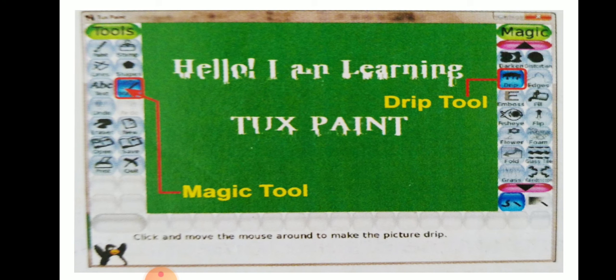Let me move to the topic of drip magic. Children, think about what happens when we sprinkle drops on water: a drawing made with a sketch pen or an ink pen. The ink or colors scatter and drip away like water. We can see here the magic subtool, which gives the dripping effect to our drawing.